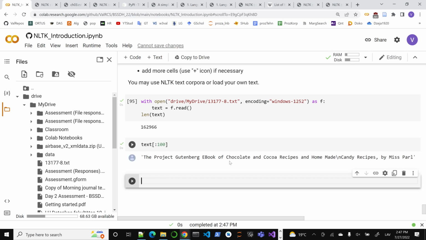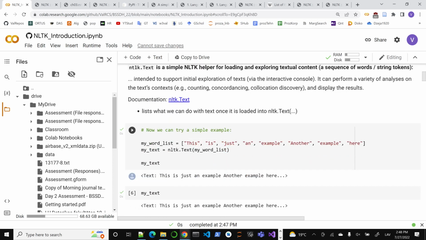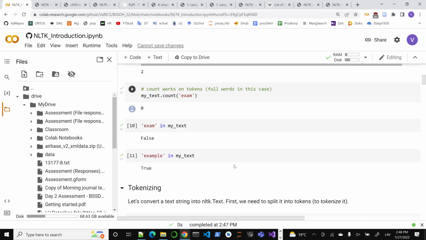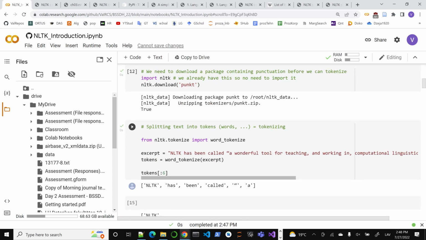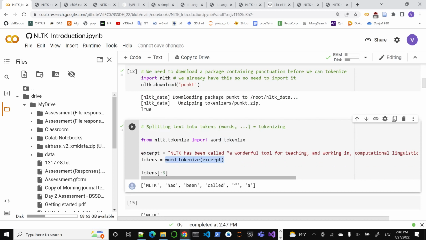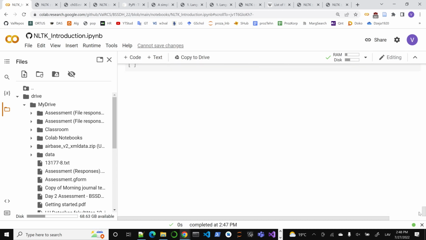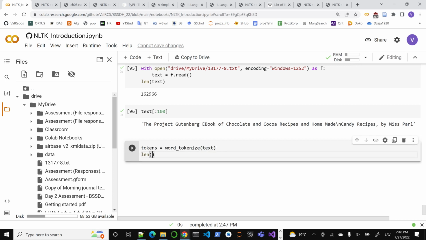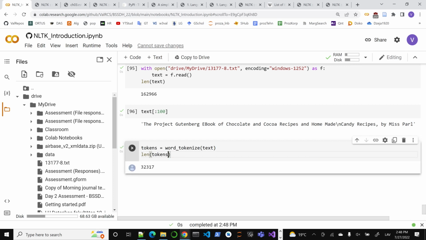So you would, in your language or any language, need to tokenize. You have text, you start from the beginning, and you need to convert it to this text object. So first you would want to tokenize this text. So tokens would be word_tokenize of text, then tokens. We're going to, of course, normalize and lemmatize, but I'll just do tokens, 32,000, and